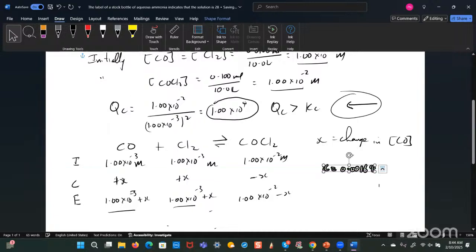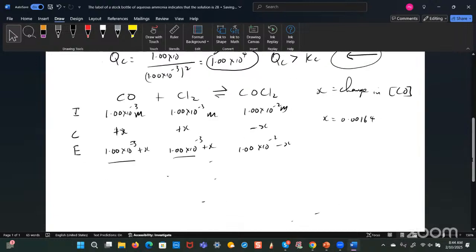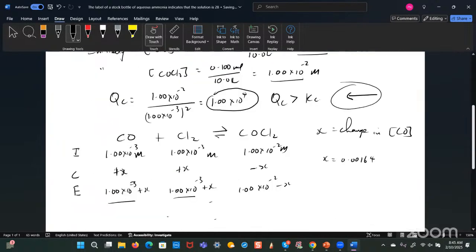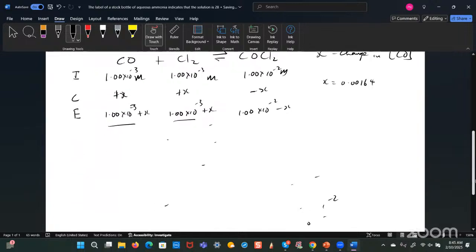Okay, so this is what x is equal to, 0.00164. So basically all we have to do now to find the concentrations of each of the components at equilibrium, we can say that based on this right here and this right here, the concentration of CO is equal to the concentration of CO2, which would be equal to 1.00 times 10 to the minus 3 M plus x. X we found to be equal to